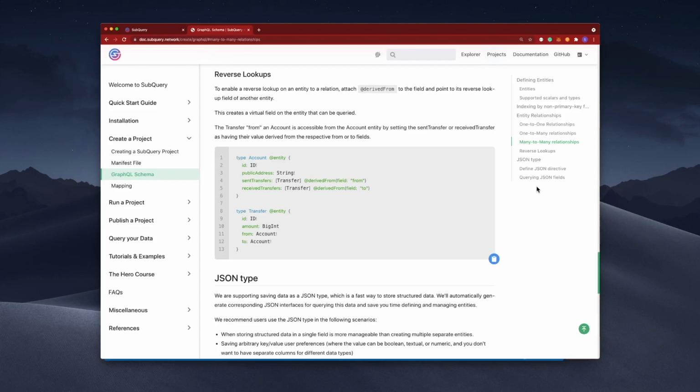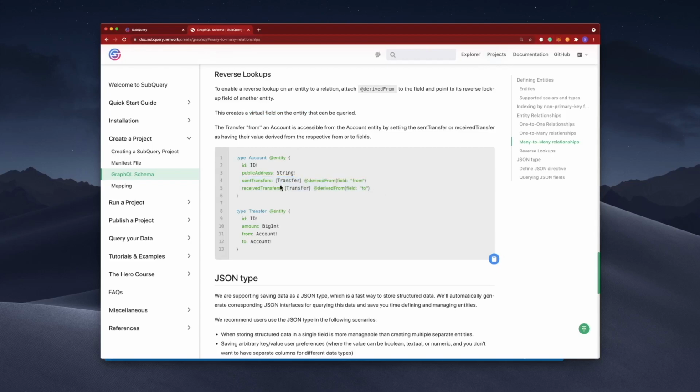Now in a previous video, I looked at one-to-many relationships where I could query for an entity object such as transfer and access the various fields. But what a reverse lookup allows us to do is to create a virtual field on an entity that can be queried.